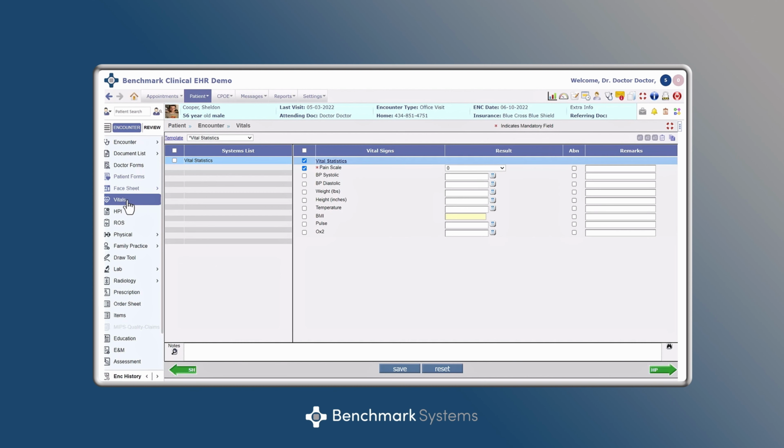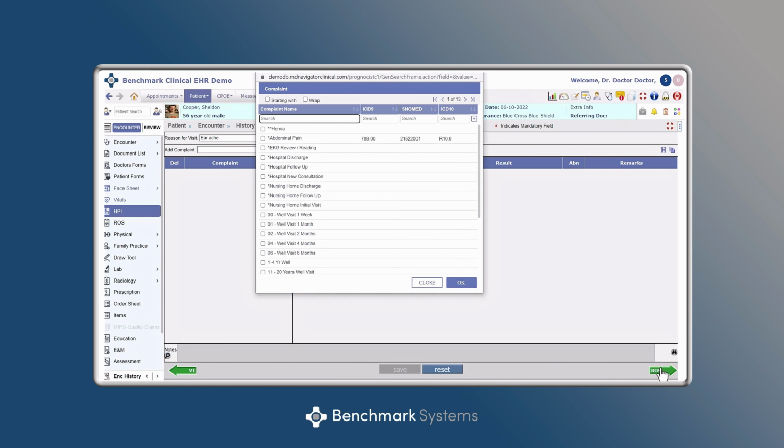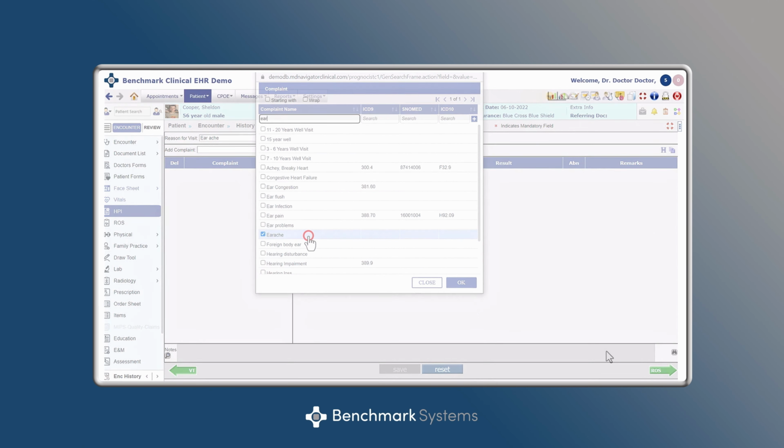After inputting or reviewing the vitals, we can click on the green Workflow button at the bottom of the screen to accept and save the values and move on to the next area of the encounter, which in this case is History of Present Illness. In the same way, after reviewing and updating the findings for the patient, we can move on to the Review